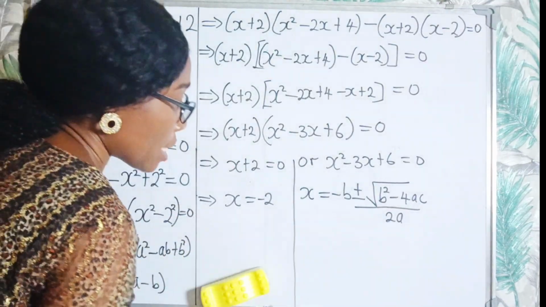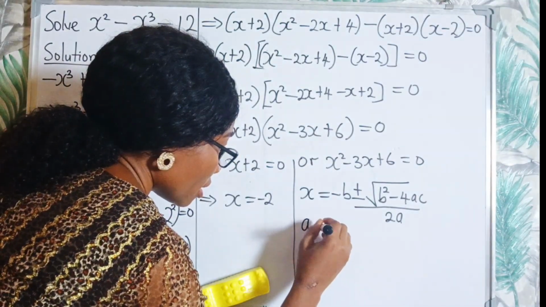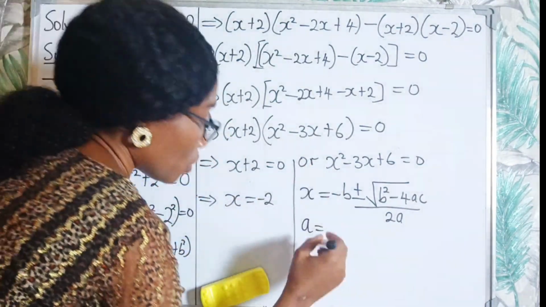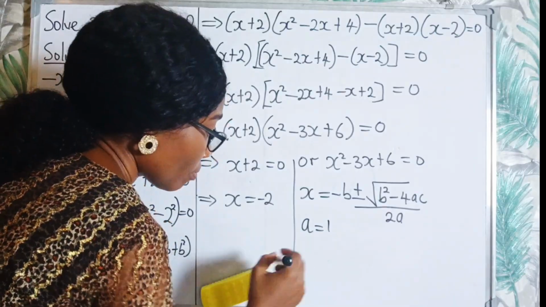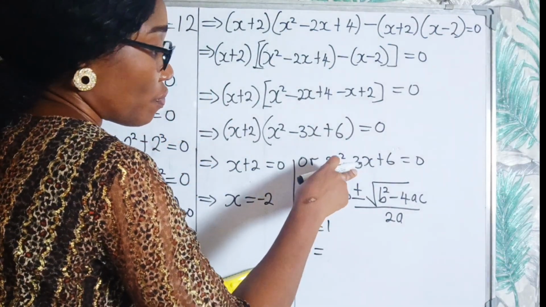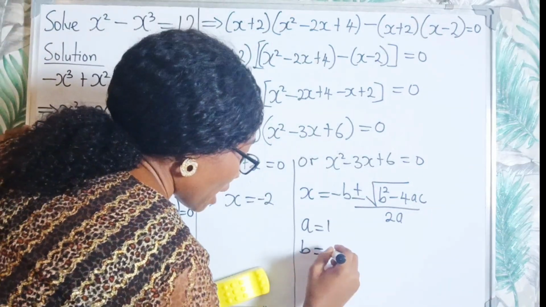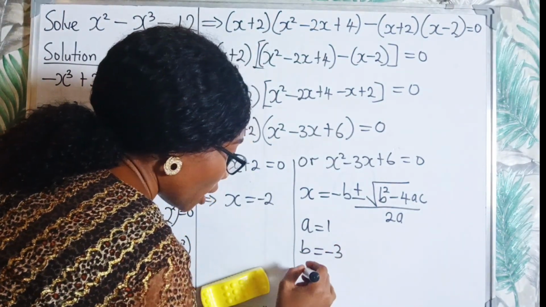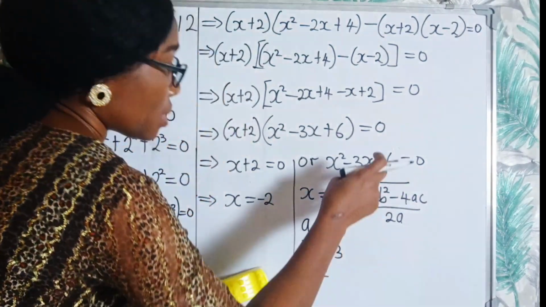So in this case, our a is the coefficient of x squared, which is 1. Our b is the coefficient of x, which is minus 3. And our c is our constant,